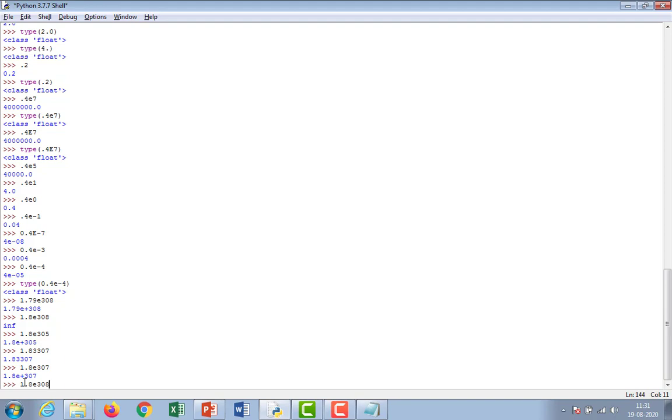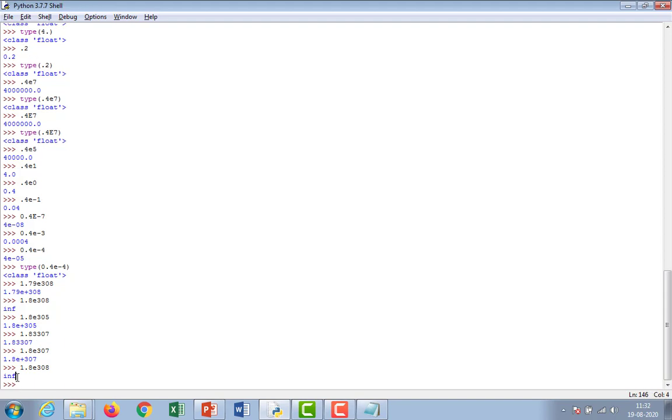The IEEE standard will accept only up to 10 power 308. That's why it is going to display infinity. These are all about floating point numbers.